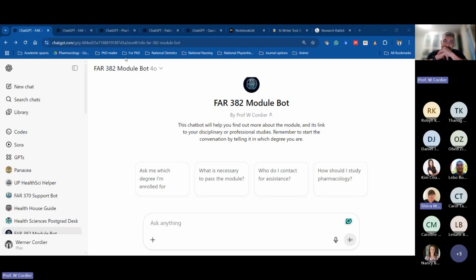Shira? Thanks. This is really exciting. It's really nice to think about ways to reduce admin. And I think it's something that course coordinators really should take on board and not just say, oh, well, the students can work it out from the course guide and send them further. I do want to know to what extent you've engaged in collaboration about this, because you're saying it would be fine if a course coordinator got a paid version of ChatGPT and made as many ChatGPT bots as necessary for the courses. But